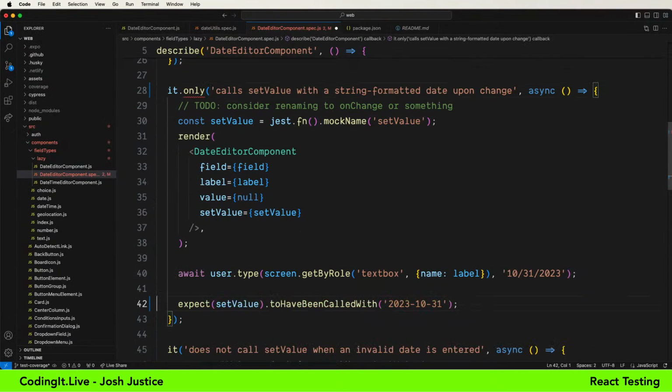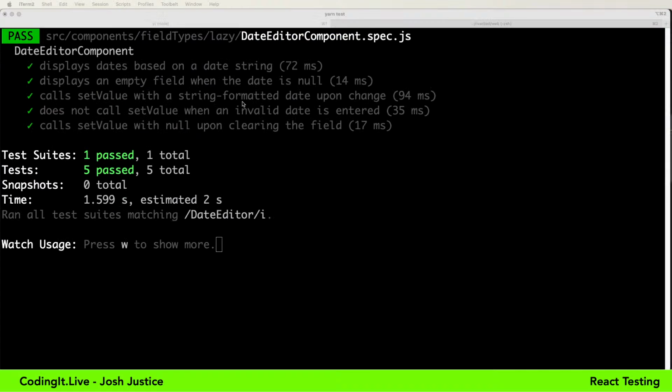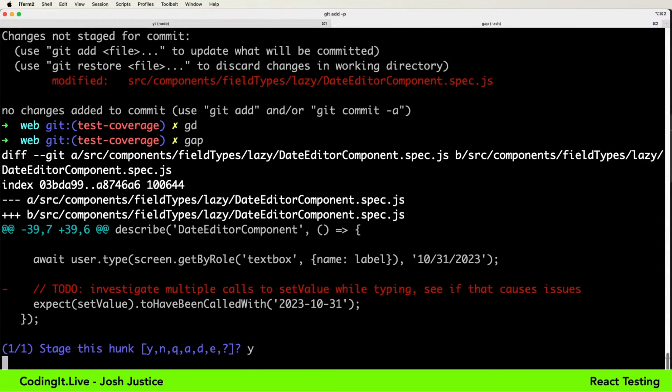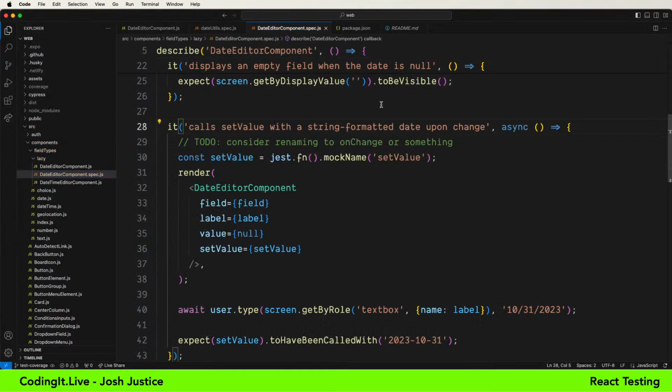So I think I'm going to leave it like that. That works out great. Our unit tests have given us greater insight into what's happening in our component, and some of that functionality I wanted to change and some of it I did not. It might have come up a little bit while running Cypress, I'm not sure, but we've gotten this greater insight here. That's great, and now we can remove that to-do. I'm just going to put that as part of the previous change. So one hour in, we have good test coverage of the date editor component. I feel like that's good progress.